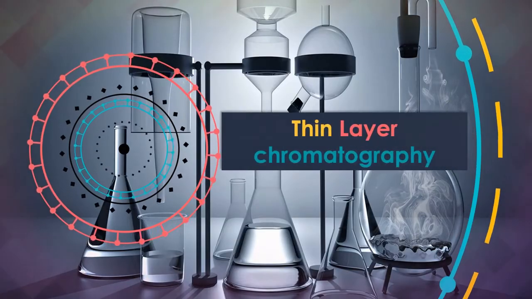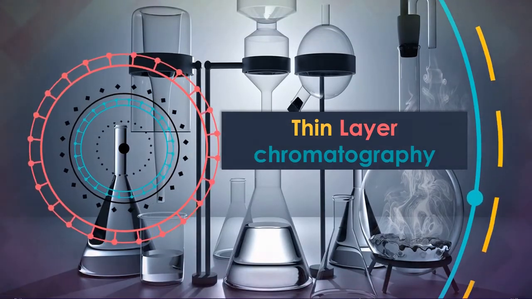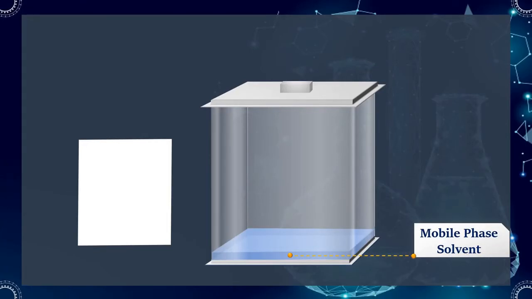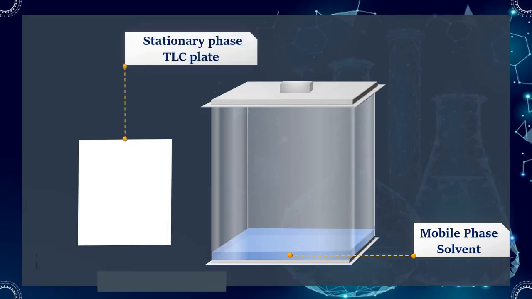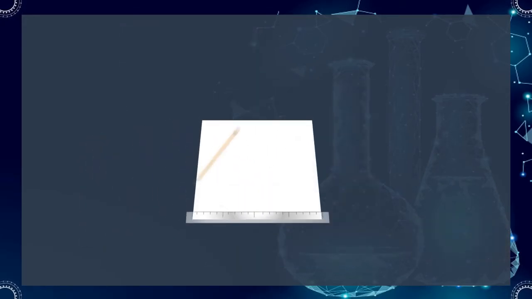Thin layer chromatography, TLC, is a chromatography technique used to separate non-volatile mixtures. As with other forms of chromatography, in TLC there is a mobile phase, which may consist of a solvent or solvent mixture. And there is a stationary phase, which is a plate coated with a thin layer of adsorbent material, usually silica gel, aluminium oxide, or cellulose. To run a thin layer chromatography plate, a pencil line is drawn about 1.5 centimeters from the bottom edge. Also, the plate can be labeled using a pencil to show the original position of the drop.